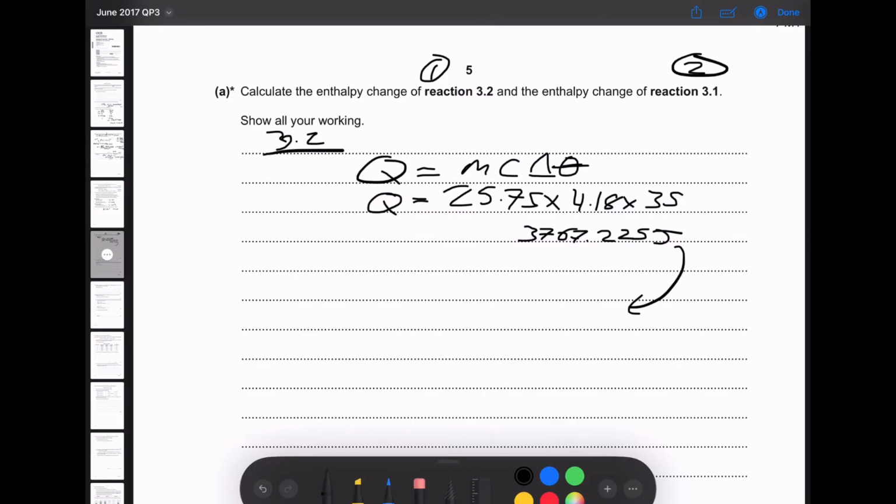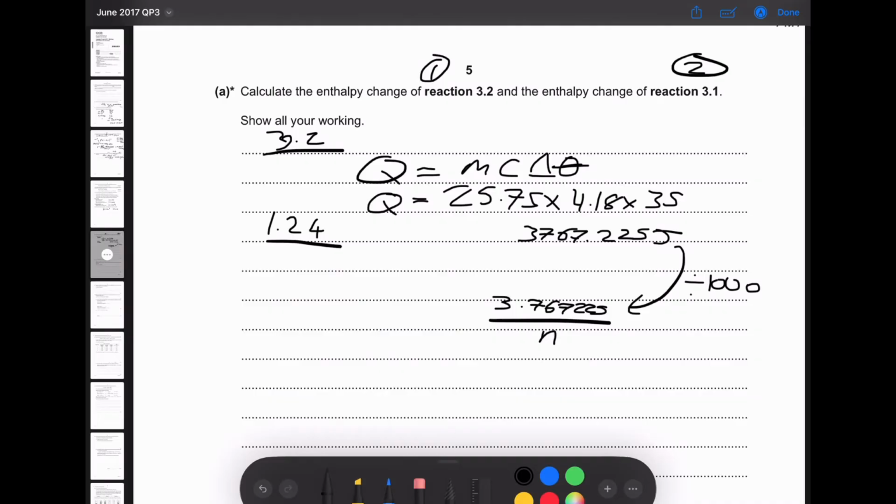Now, we need to convert that into kilojoules, so we're going to divide it by 1,000. Why? Well, because enthalpy is measured in kilojoules per mole. So we divide that by 1,000, we're just going to have 3.767225 over our number of moles, which is 1.24, that's our mass of our sodium oxide,